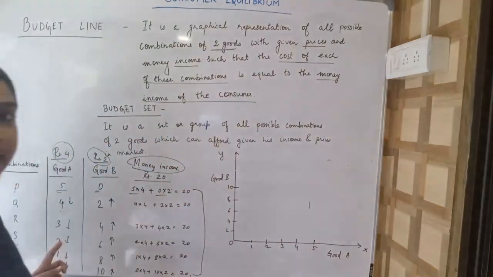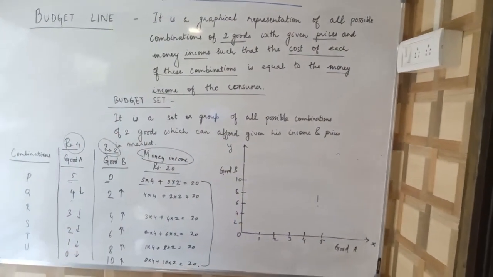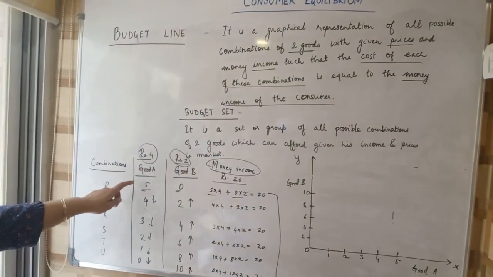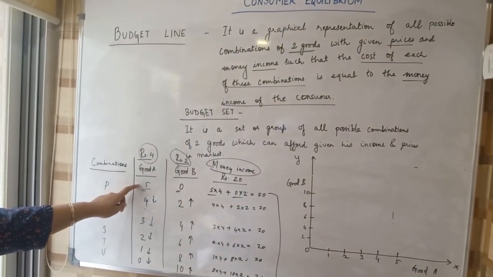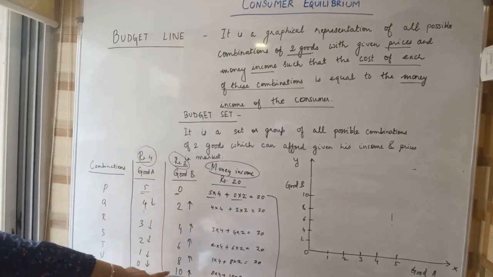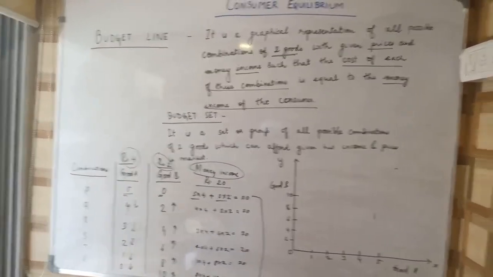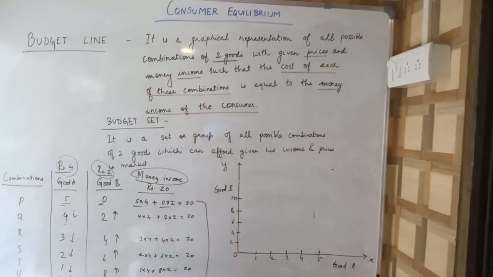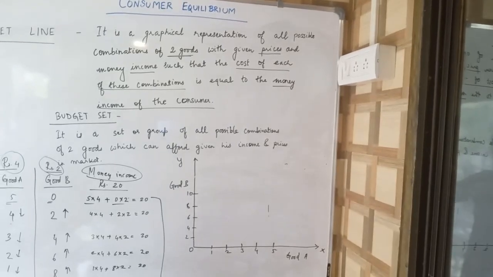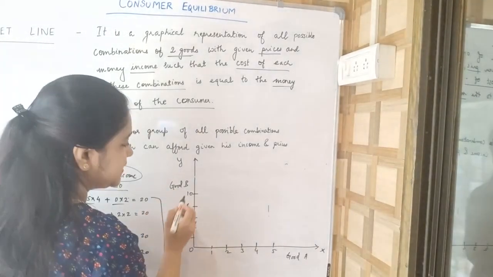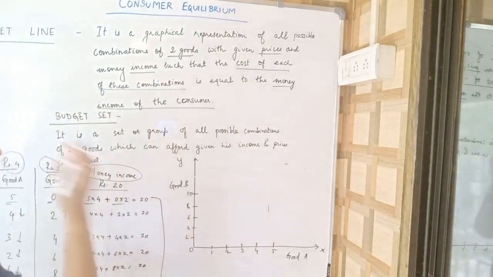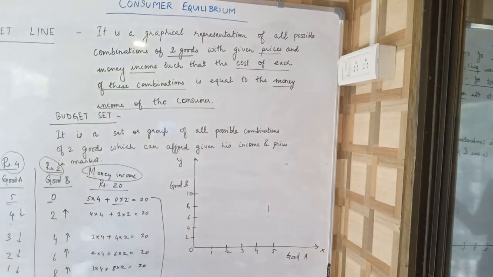For good A, as we have already seen in the table, the maximum number of units purchased is 5, and for good B, the maximum number of units purchased is 10. In our graph, we are doing the same. So we have plotted 10 here and we have plotted till 5. Now let us see